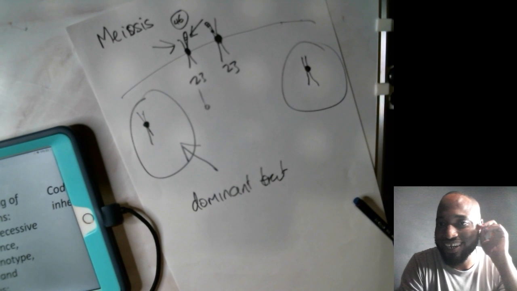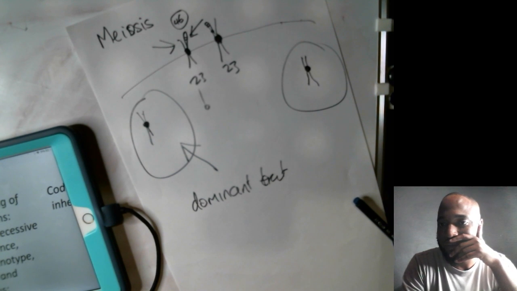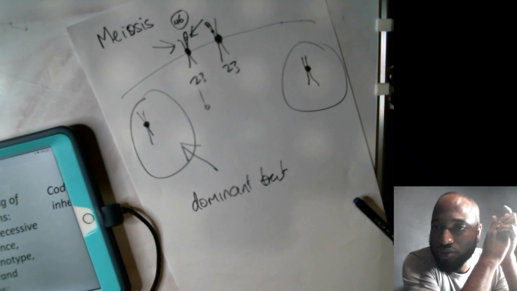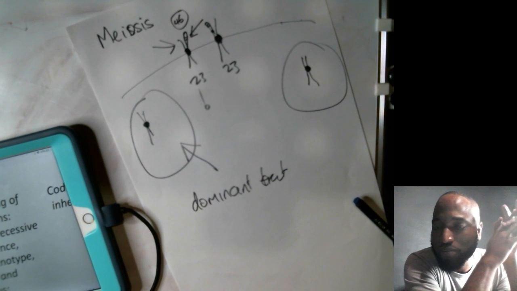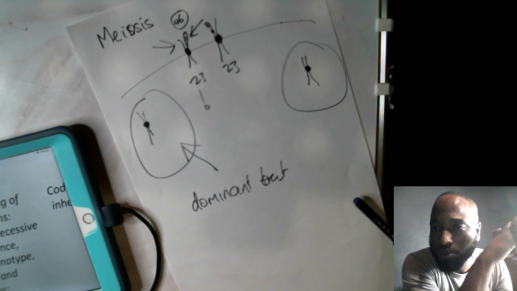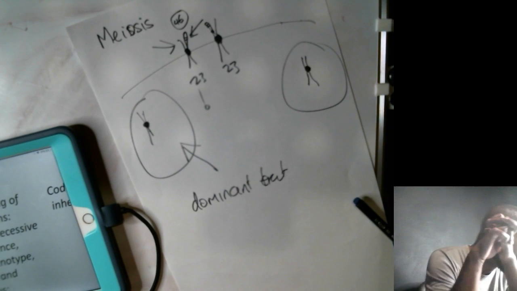The allele that shows effect on the phenotype. Right, dominant is when the dominant allele is present and shows effect on the phenotype. That's good. So we're getting a better definition now. Dominant trait as opposed to recessive trait, which is expressed only when two copies of the gene are present. So you're getting better definitions here, they're cleaner. Dominant is when the dominant allele shows its effect on the gene. And we already mentioned what the allele is.